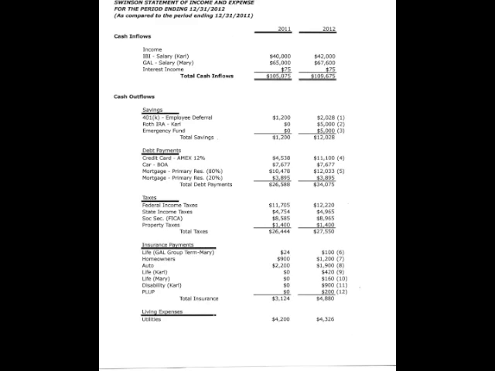And I've put it side by side with your income statement from 2011 so you can see exactly where the changes come into play. Now, right away in savings under cash outflows, you can see that we've got a huge increase, going up from the 1,200 up to a little over 12,000. And that will get that emergency fund and savings rate ratios right where we need them to be. Now, we do that by increasing Mary's 401k deferral to take advantage of the full match, starting a Roth IRA for Carl at $5,000 and getting $5,000 funded into that emergency fund right away.